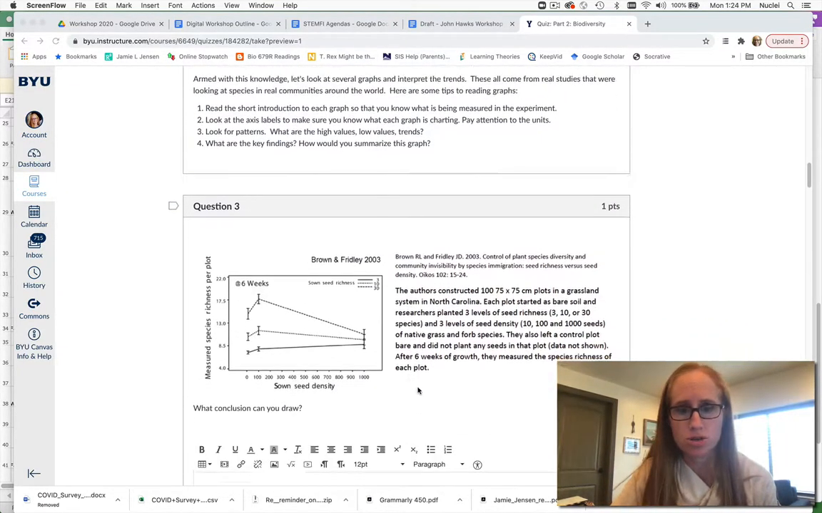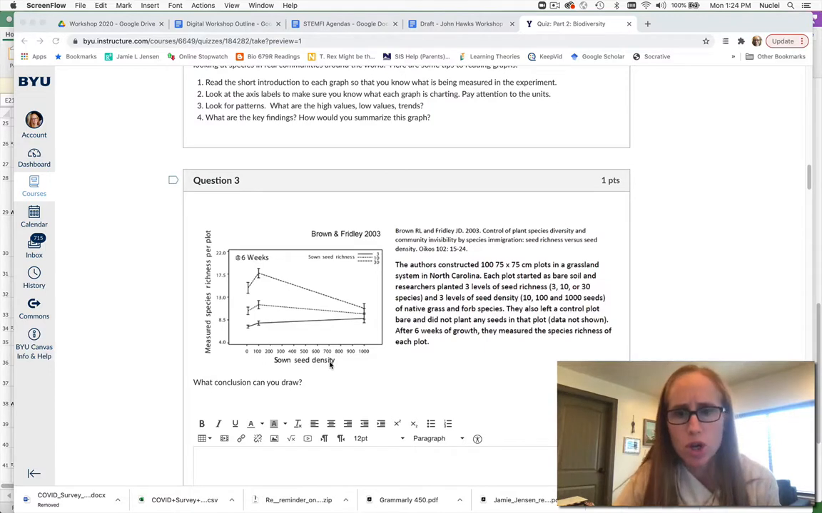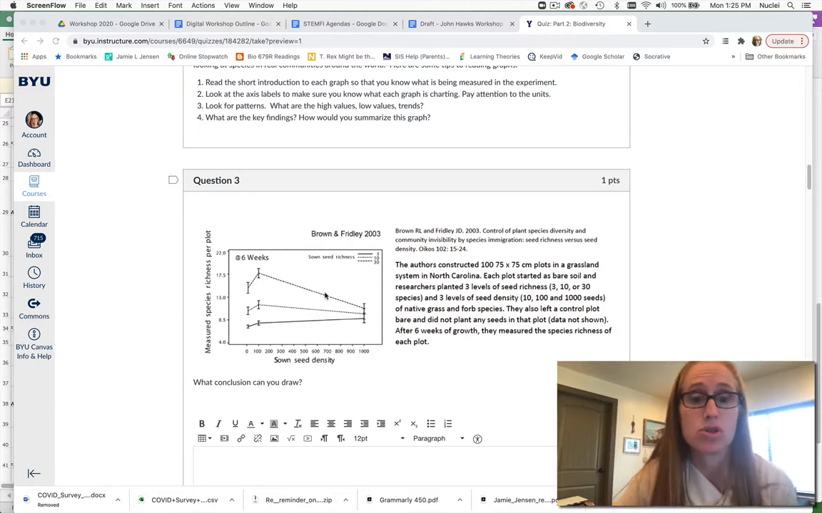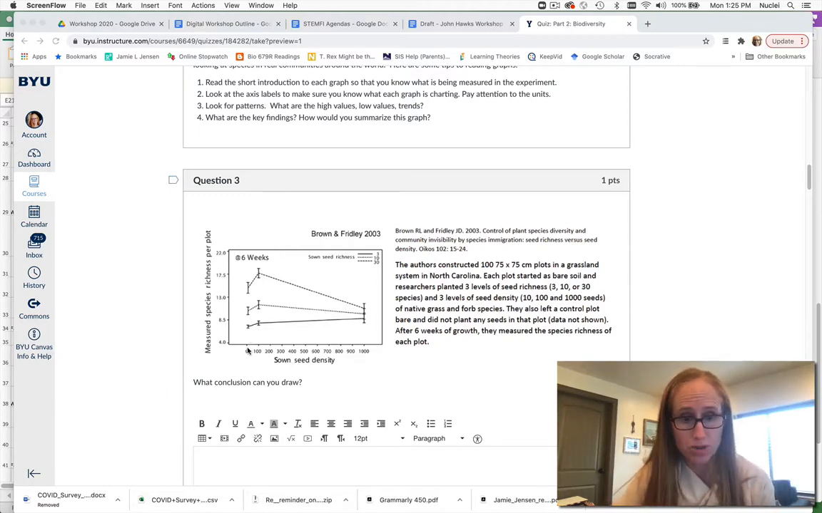So I'm just going to go through these graphs, each of them. Here we're looking at plots of grassland. The solid line, they introduced just 3 species. The dotted line, they introduced 10 species, and the dashed line, they introduced 30 species. What you should be looking at is from 0 to 100 in density, that this one goes up way more as far as the species richness. So having more species there